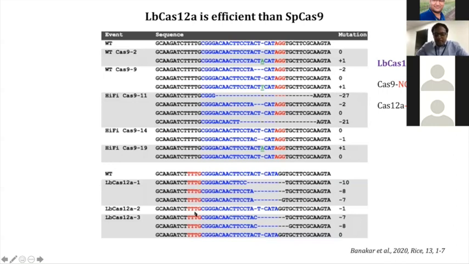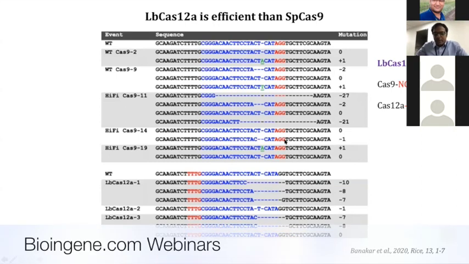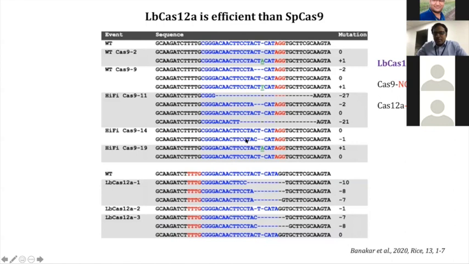Why it becomes important in research is, for example, you want to knock out a gene for functional studies, and you also want to do a restoration of the gene. Then you need to have the PAM site present to restore those genes using these genome editing tools. So having the PAM site can be useful in that respect.